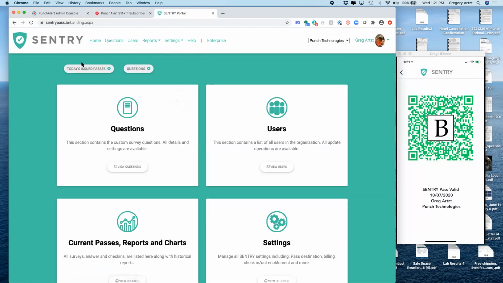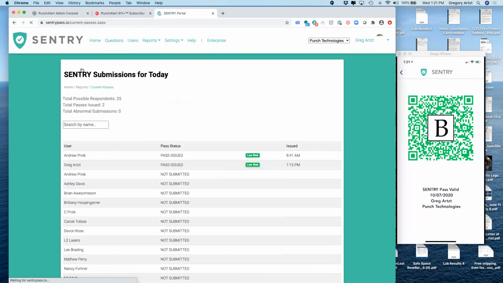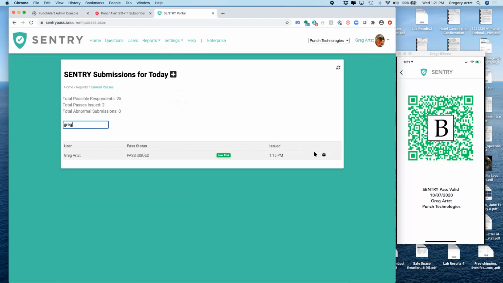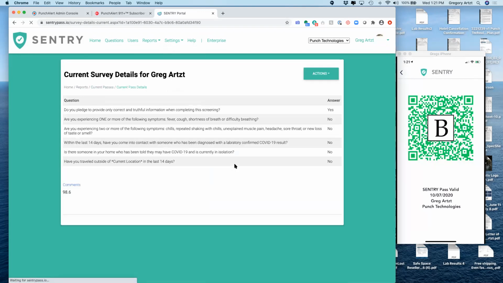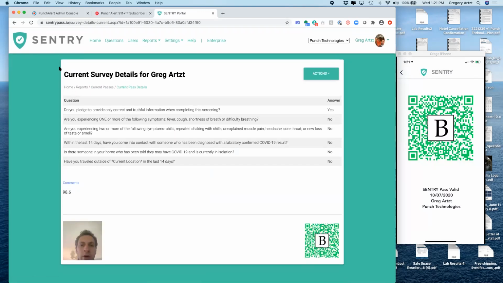Going back to our home, notice there are some shortcuts up here. So if there are things you're looking at every day, like for example the passes, you can create a shortcut to it. You click it and there you go. You've got your active passes. You're looking for one person, you just do a quick search. There's Greg, load it up, good to go. So it's designed for speed, usability,